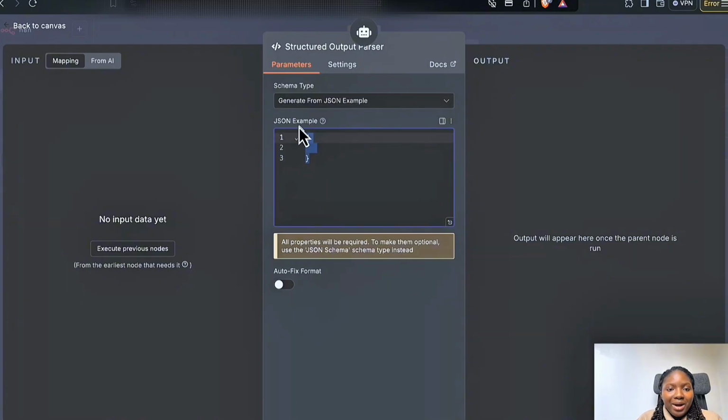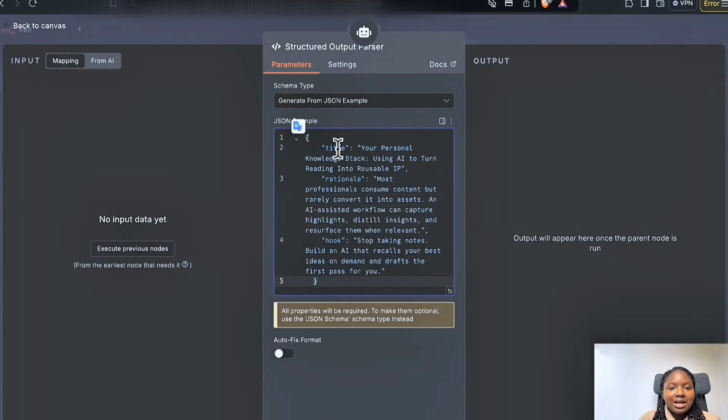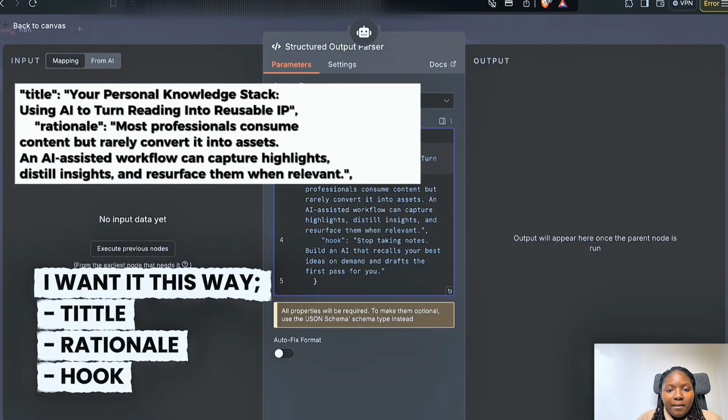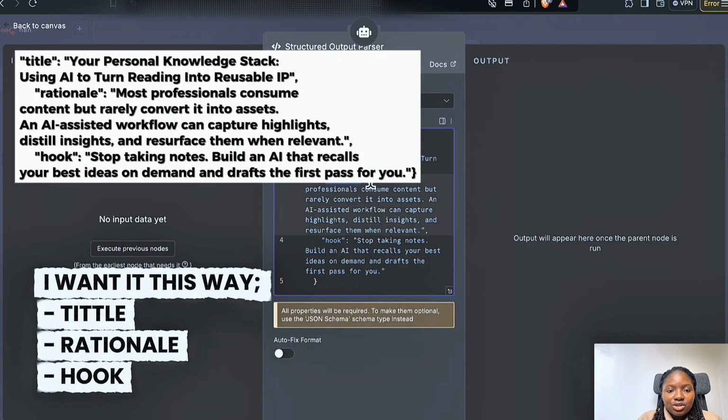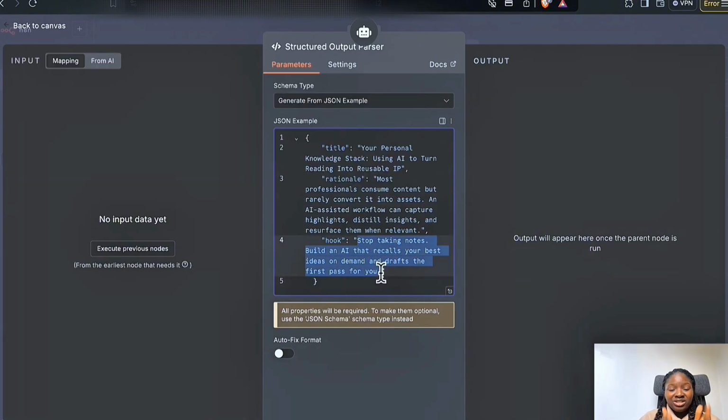So my output parser will be this. This means that I want it to output this way. Title, so it's an example. You can put your own example, or you can just use this as it is. I want it to come out in this way. Title, it should come out with the title. Then the rationale, it should come out with the rationale. And then the hook, it should bring out the hook. So this is how I want it to display the result, and that is why I put it like this. If you want it to be displayed in any other way, you can include that. If you want your title to have dash dash dash in between, put it as the example you want it